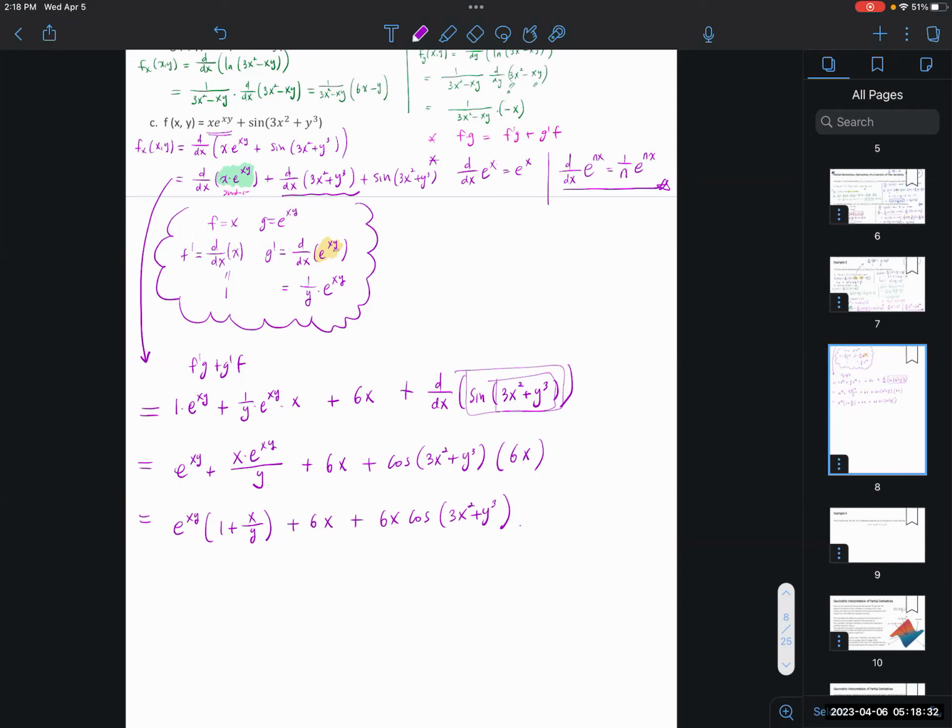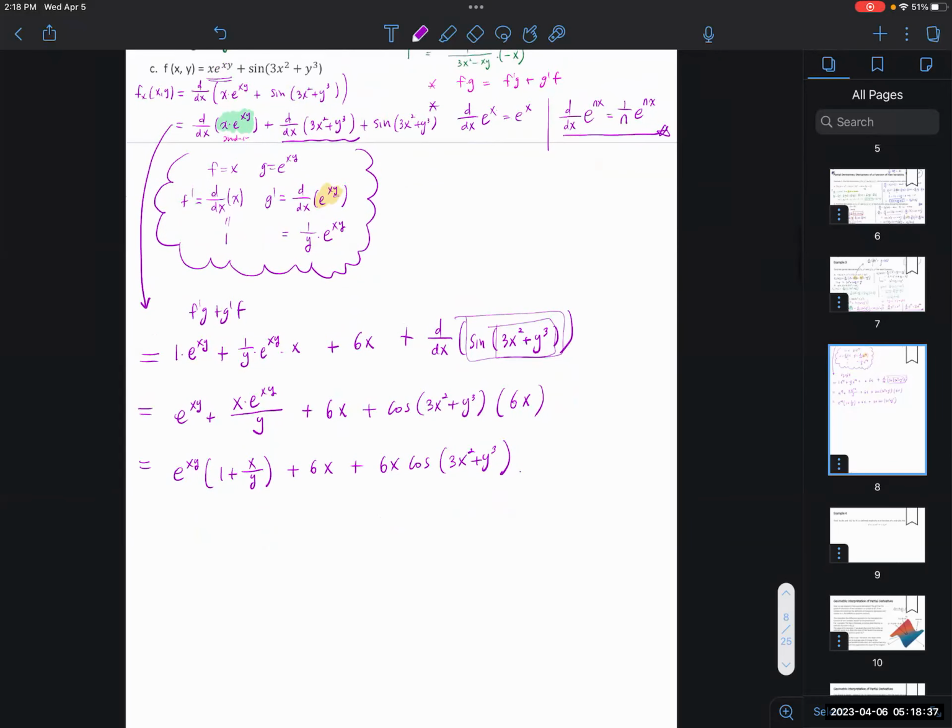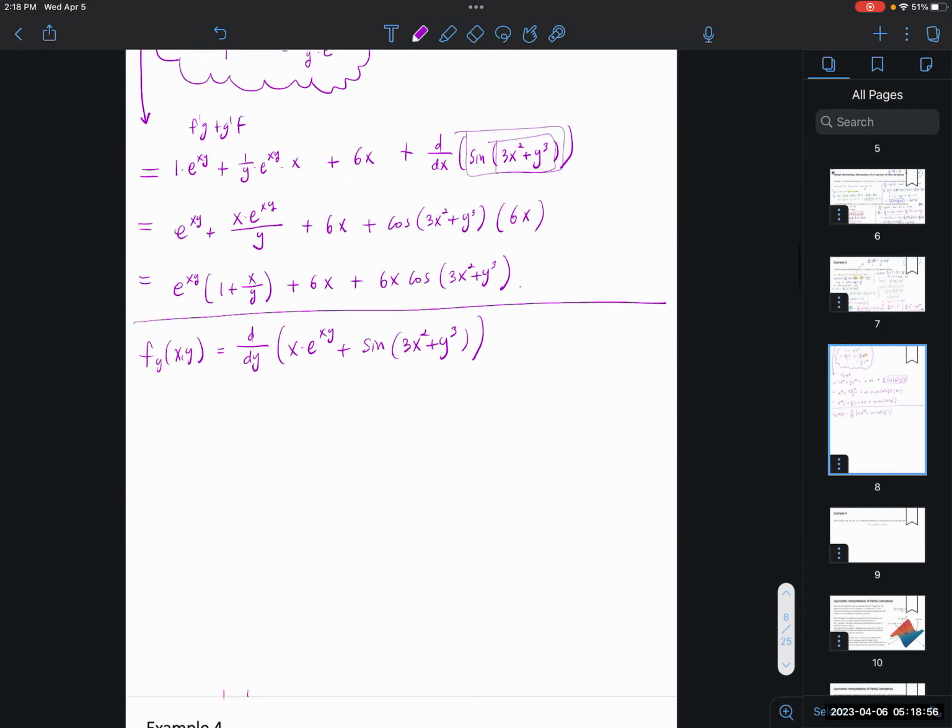So one more, we could do the y variable with respect to the y variable. We have to do that work. So let me make a space. x times e to the xy, d over dy, of x e to the xy plus sine of 3x squared plus y to the third. So again, here's a product rule, but you are taking the derivative with respect to y, correct? So y is going to be something different. So if you look at that,